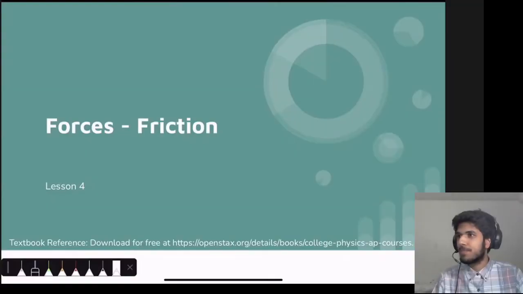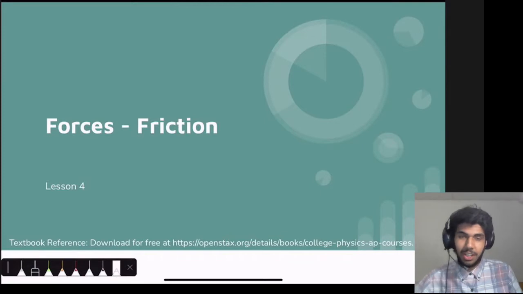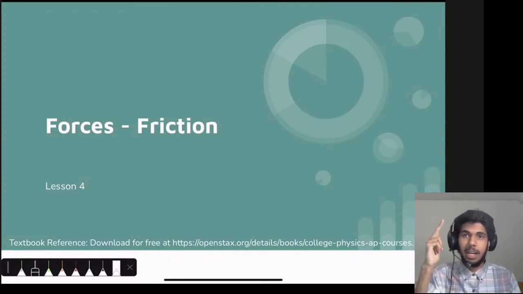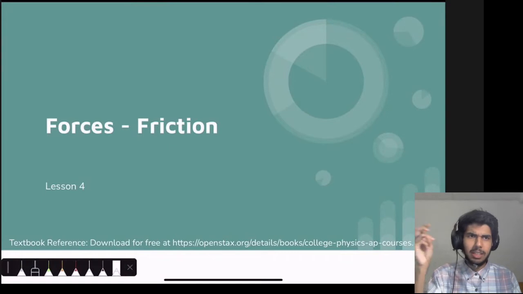Okay, so this is lesson 4 for physics, and we are talking about forces today, and in particular, we are talking about friction. In the last lesson, we introduced forces. We learned about the normal force, we learned about the force of gravity, and we discussed tension. This time, we're going to be focusing on friction, and friction is probably a concept that a lot of you